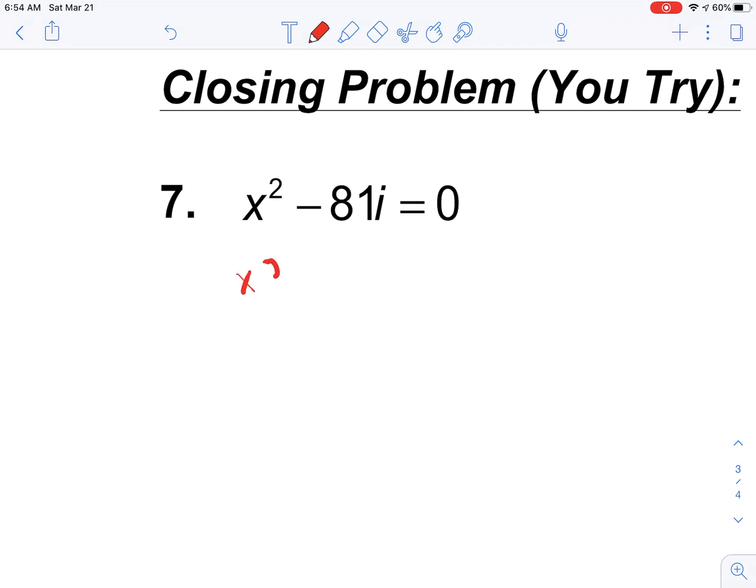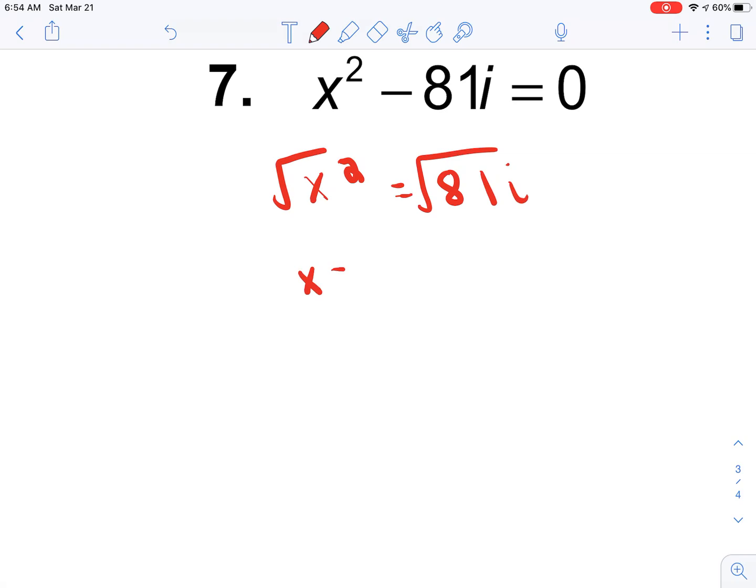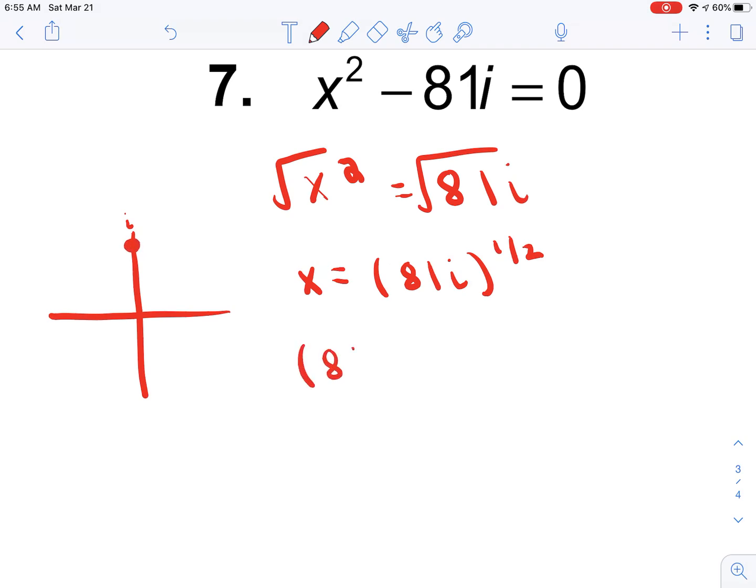For question 7, we should get x squared equals 81i, and we would take the square root. Yes, square root, meaning that we only have 2 solutions for this. I guess you don't have to put a little 2 there if you don't want to. So if we are going to find x, we're going to take 81i and raise that to the 1/2 power. So starting off, we would graph this, and remember that this is our imaginary axis, so we're looking at this value here. So we would get 81 cis, and then we can call that pi over 2, all to the